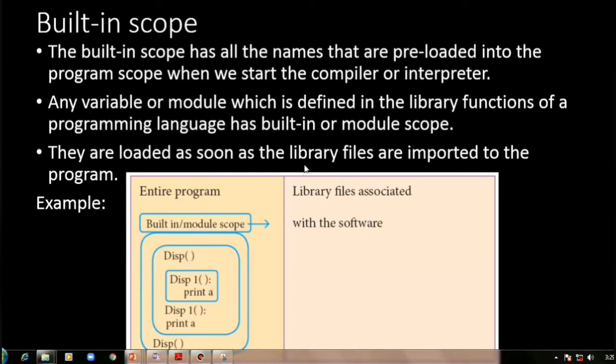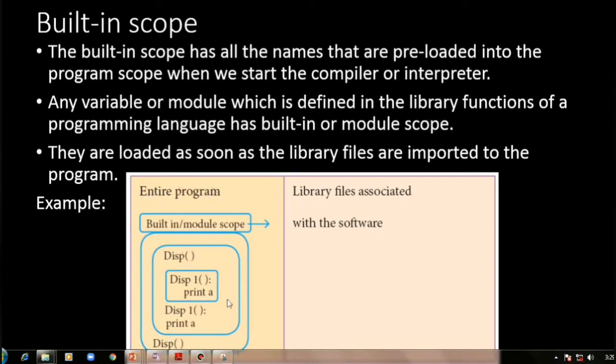They are loaded as soon as the library files are imported to the program. In C++ we use the keyword include to include the header file. In Python we use the keyword import to include the library files into your source code.